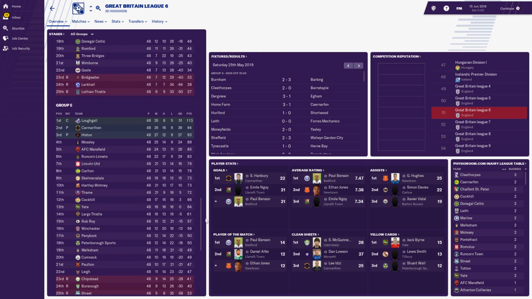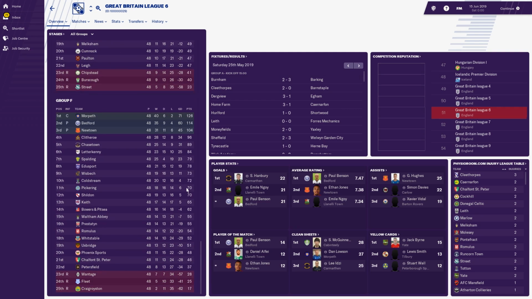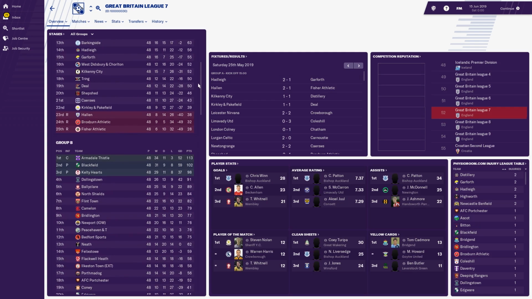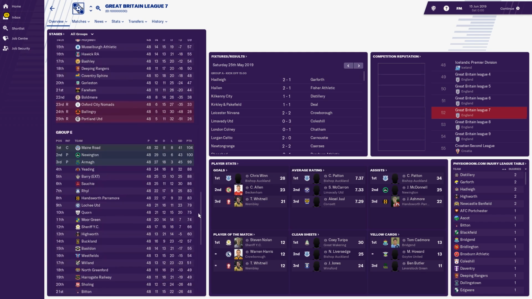But we're down to this point where there's a lot of really low level English teams. Hartley Wintney, I think, are in level 7 in real life. But there'll be teams from Ireland, teams from Northern Ireland, Scotland. I don't know about Isle of Man or anything like that. There might be. I don't know what sort of teams there are on the Isle of Man or some of the more remote islands of the British Isles. But yeah, there's plenty of